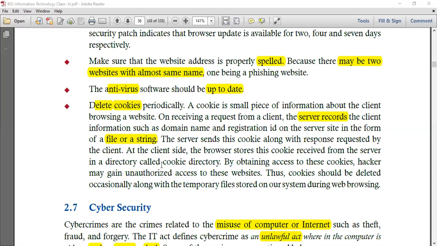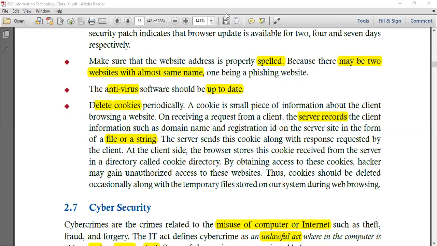So the thing is that we should always delete such kind of files regularly, right? Because जितने भी hackers हैं, उनका सबसे most जो priority वाला area है, that is the cookie files, because they'll get a lot of information from these cookie files, right? So ये cookie files को हमें remove करना चाहिए periodically, right? And they're all stored in the temporary folder, तो टेम्पररी फोल्डर्स को रिमूव करो। टेम्पररी फोल्डर्स कैसे रिमूव करते हैं,